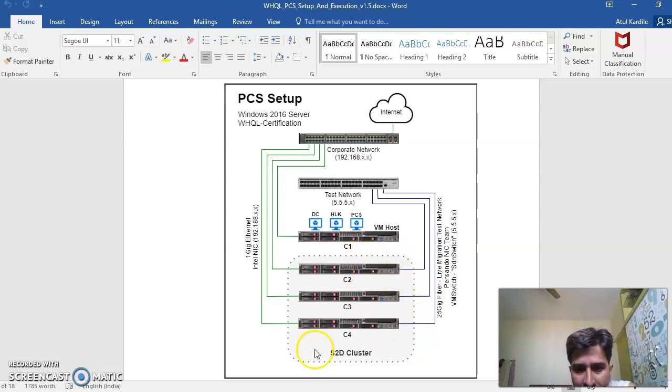And this is an S2D cluster. This is a failover cluster with storage spaces, with Storage Spaces Direct enabled. This is from Microsoft. We have this VM. We have installed Hyper-V on this and deployed three VMs. So this particular setup is gonna require a domain. All these machines must be part of the same domain.